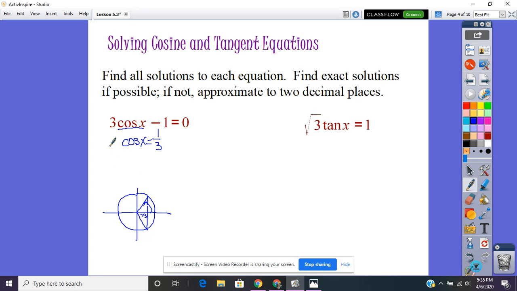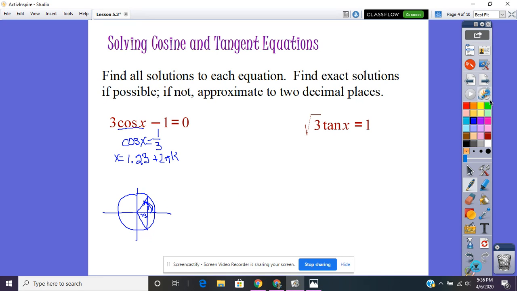And you will end up getting x equals 1.23. All right, it does not give us a domain, and it says find all possible, so we're going to go ahead and do a plus 2 pi k. That 1.23 is this angle right here. We also know that going this direction would also give us that. So I could say x equals plus or minus this, because I've got the positive one and the negative one,